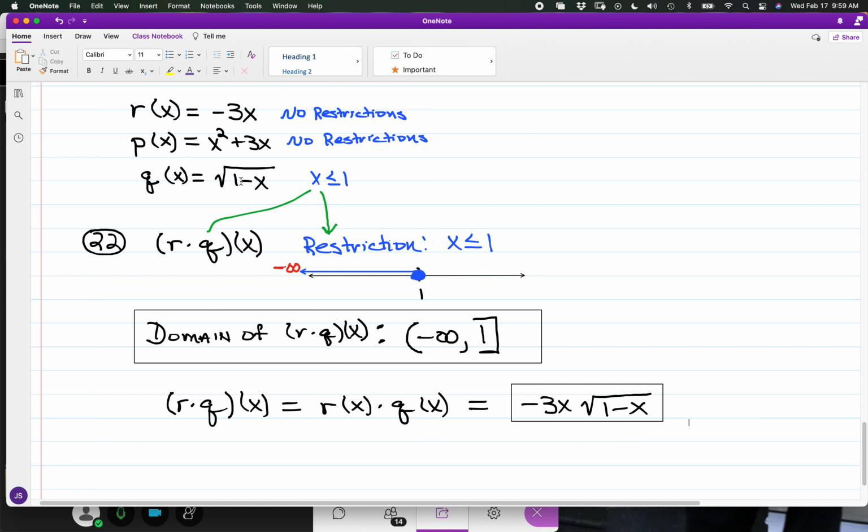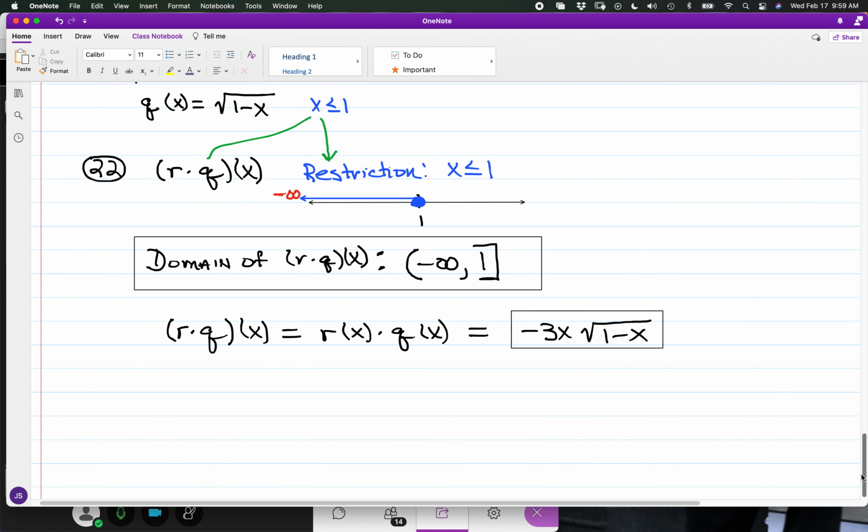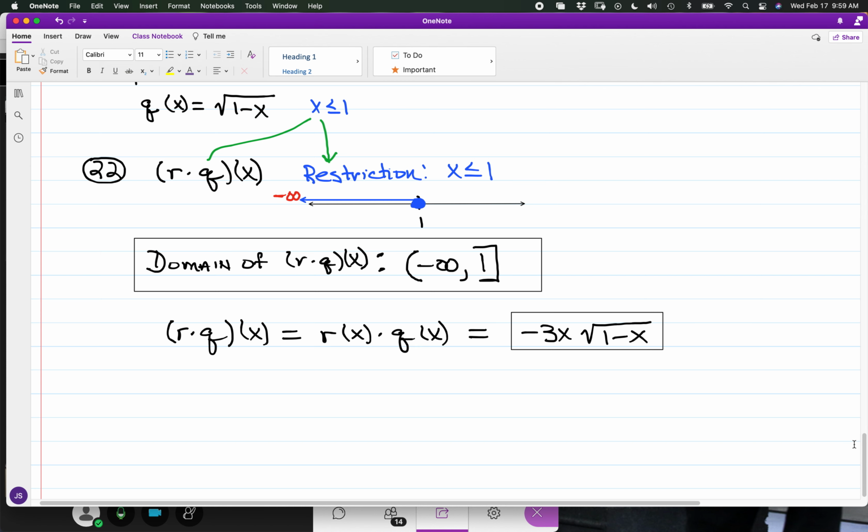and we already had that laid out with q of x, the restriction not only for q, but also rolling over to the sum, difference, and product functions between r of x and q of x, where we have this particular domain as the result. Now, for what we have in the case of number 24,